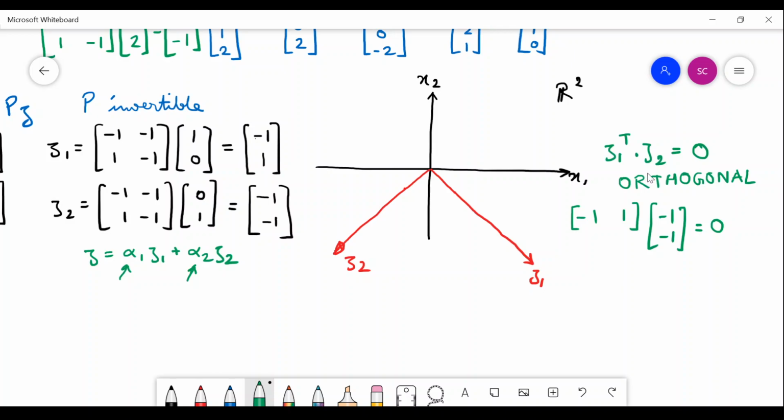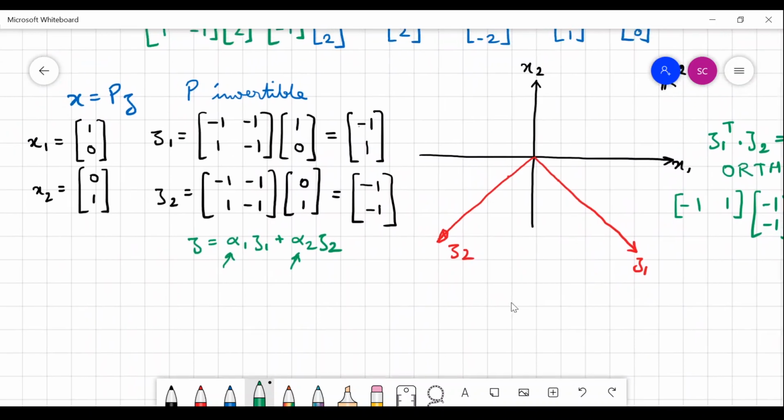So this is one important thing, that we are checking orthogonality of vectors only when we are looking at vectors from the same vector space. Otherwise, there is no concept of checking orthogonality. Suppose I have a vector from R2 and another vector in another vector space, R10 or something else. Then we need not check the orthogonality. The concept is lost there. So for any two vectors in a particular vector space, we can always check whether they are orthogonal or not.